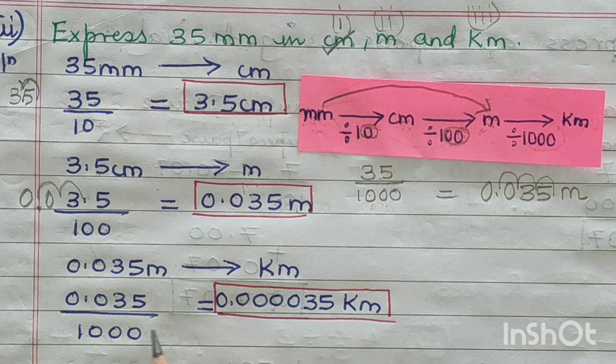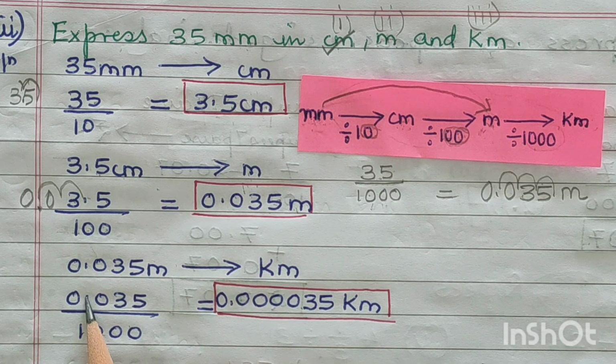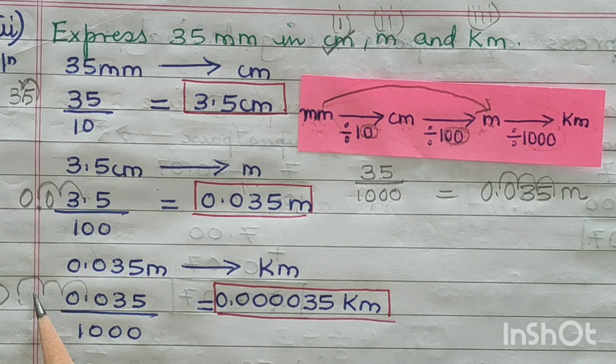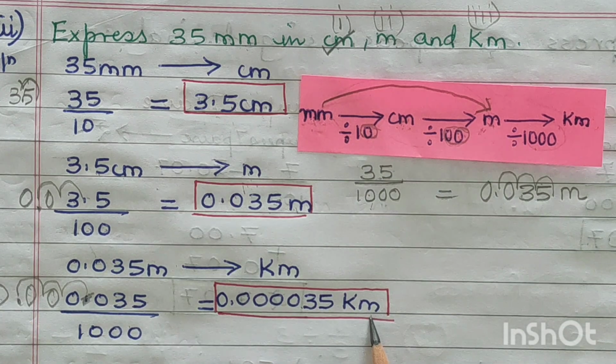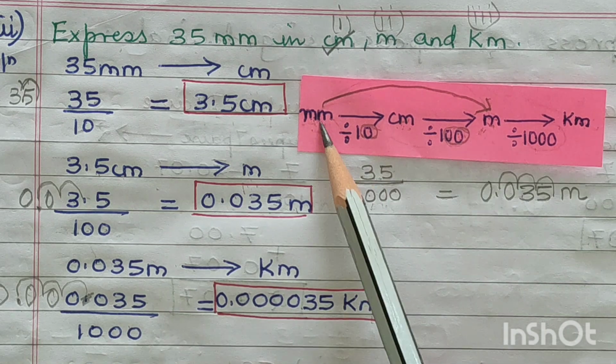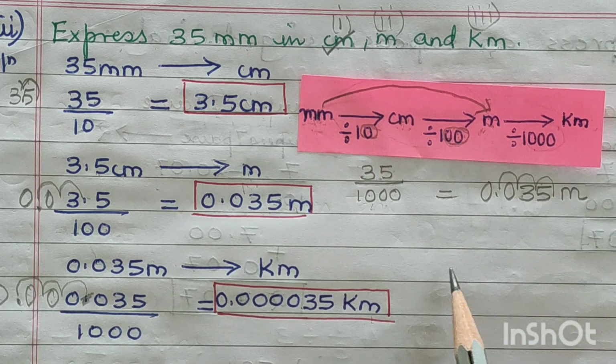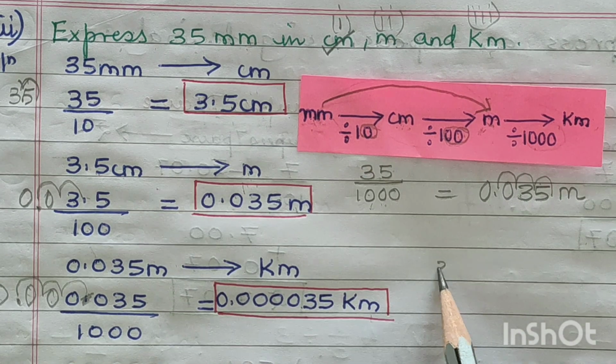So your answer over here would come, this would move how many? 3 zeros to the left. So 1, 2, 3. So this answer will come as 0.000035. Now this decimal point will go from here and the new decimal point now comes here. So many kilometers. Another way to solve this was directly to jump from here to here, which means you say